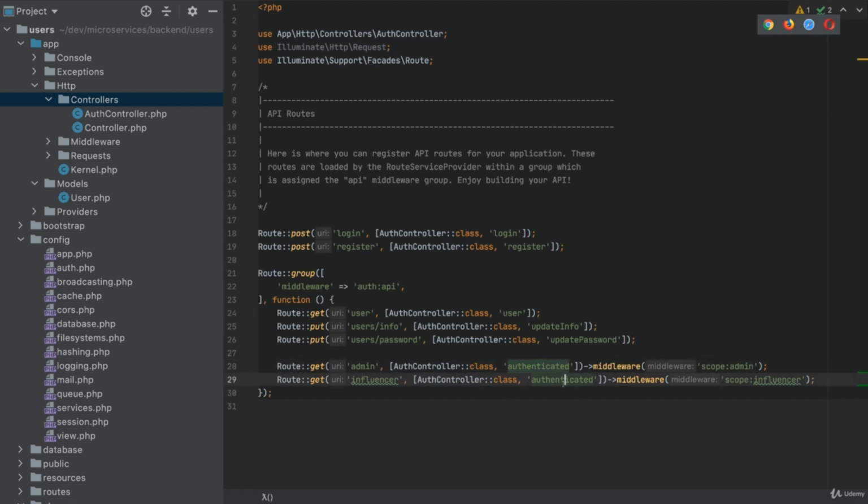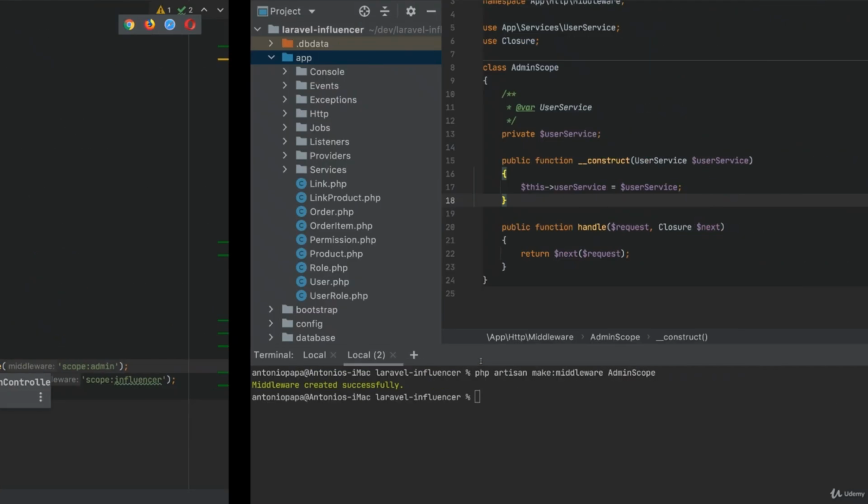We are calling the same method, which is not a problem in the end, since this method just returns 1, but we are checking different scopes here. So we created a route. Now let's go to our